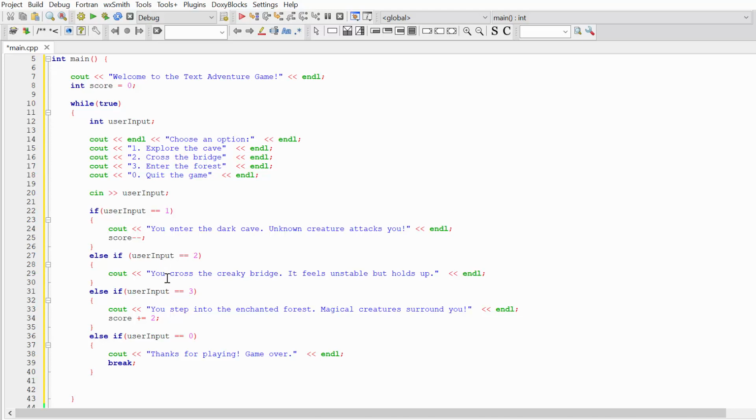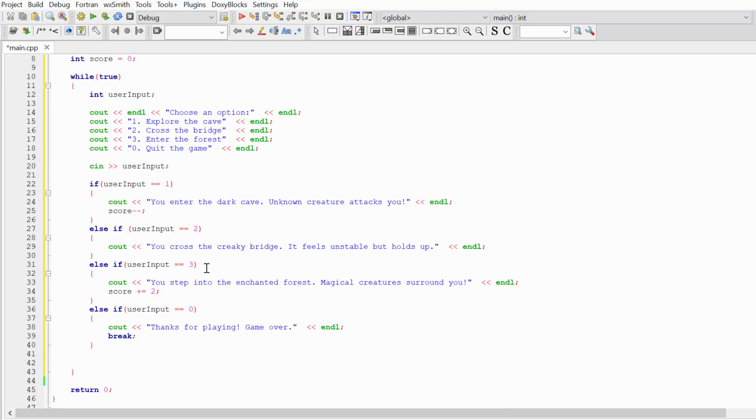If user input is 2, I'm going to print the message "You cross the bridge, it feels unstable but holds up", and the score will stay the same. If the user selects 3, enter the forest, the output will be "You step into the forest and you are surrounded by magical creatures", and I'm going to increase the score of my user.